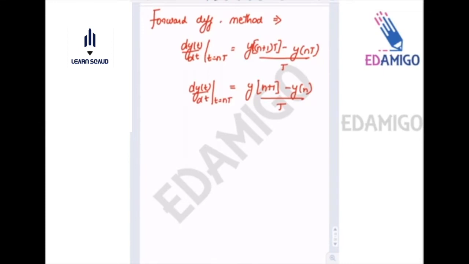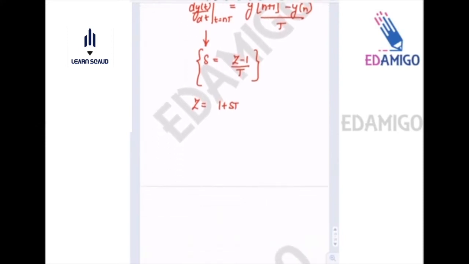Okay, so now we can say that S is written as z minus 1 divided by capital T. So this is the transformation formula, or I can say that z is equal to 1 plus sT. Now